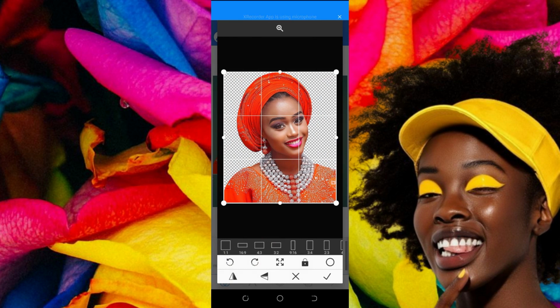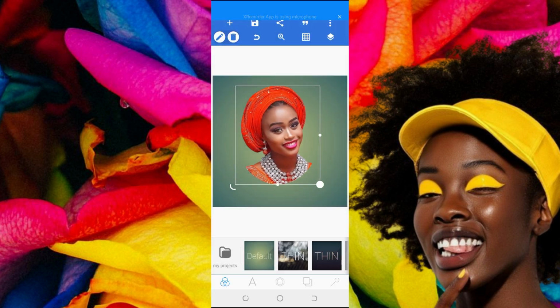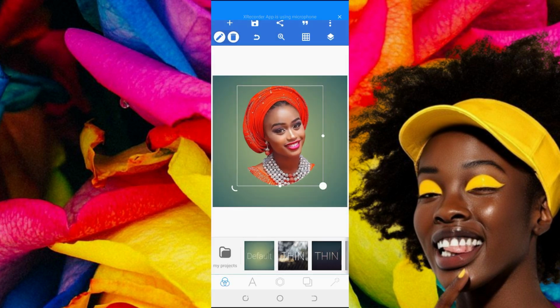picture. Now the next thing I'm going to do is I'm going to add this circle. You've seen it. Click on this circle or reduce it the way I want. Are you getting me? Then the next thing to do is to press OK. You've seen it. Now the next thing to do is I'll go and